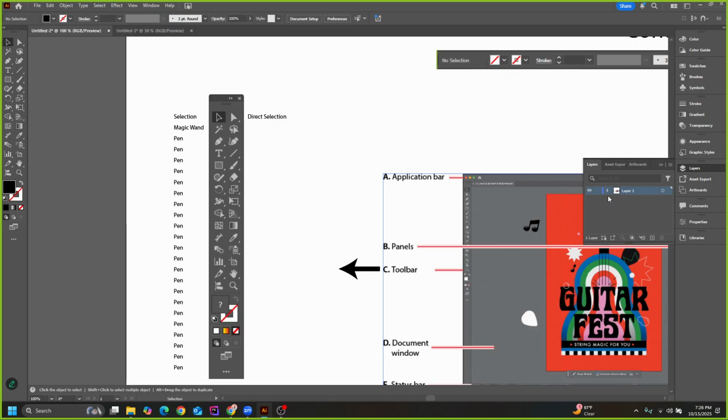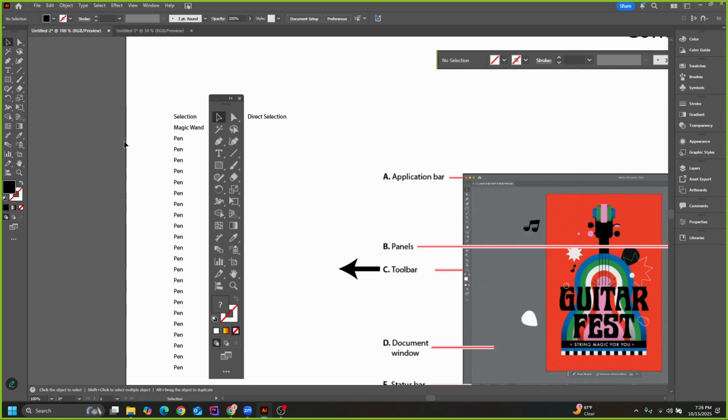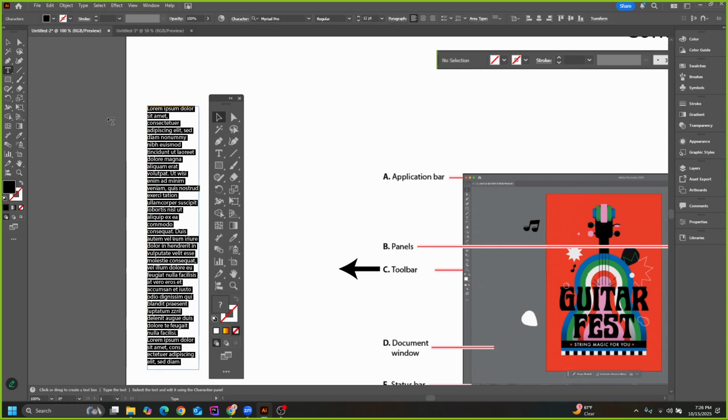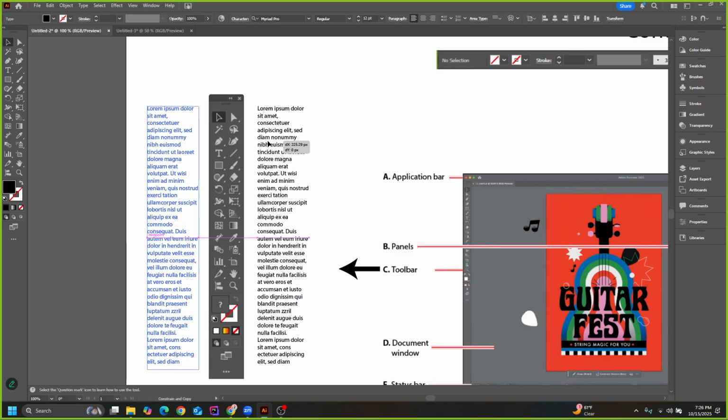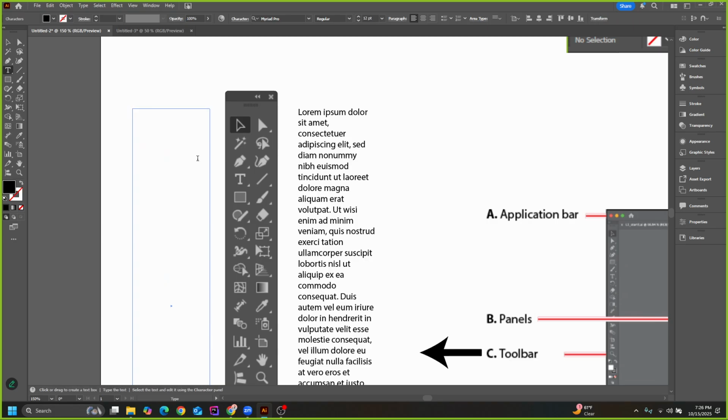But if you look at your layers panel, you're gonna have a whole bunch of layers, one layer for each text box that you created. It's gonna get messy. So I think it's better to label it with one big text box for the left side and one on the right side. And then just press return after each tool. So selection, press enter, magic wand, press enter, pen, type,